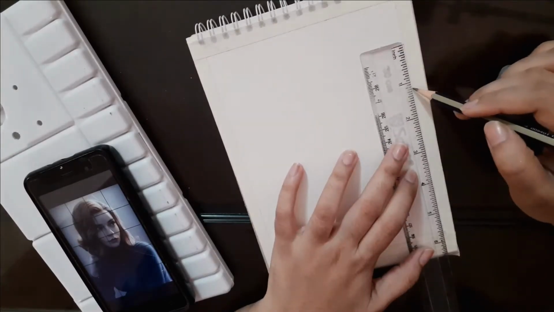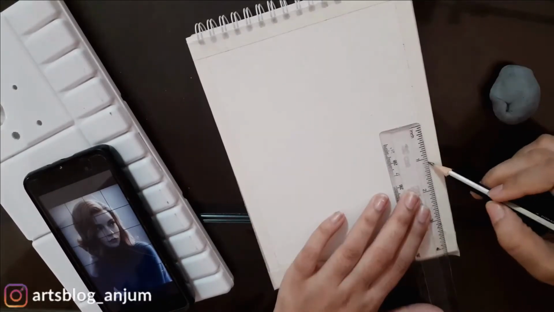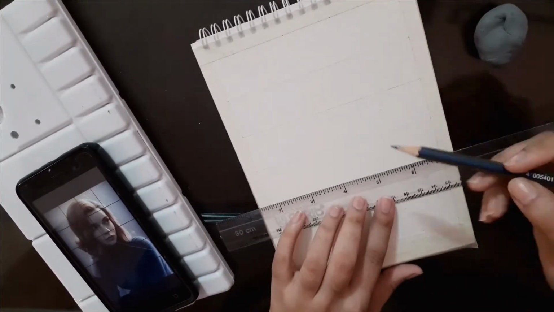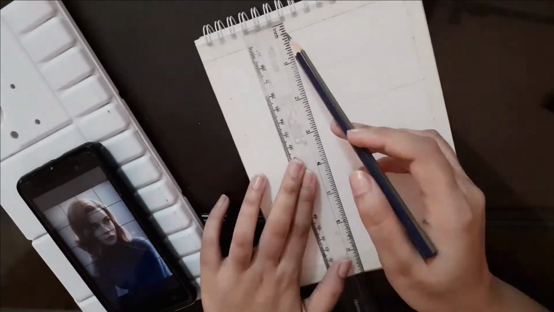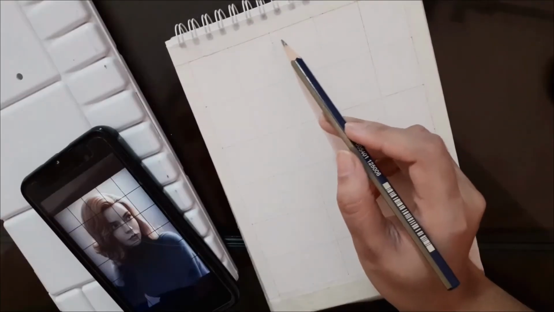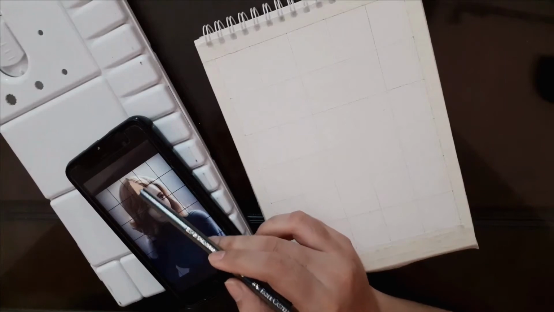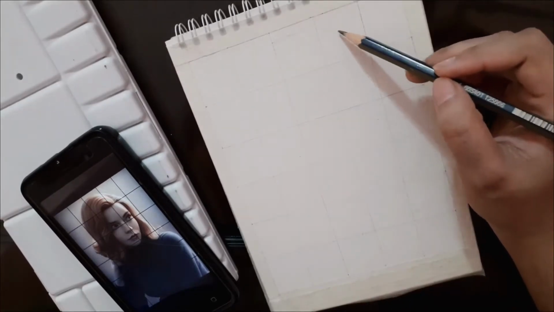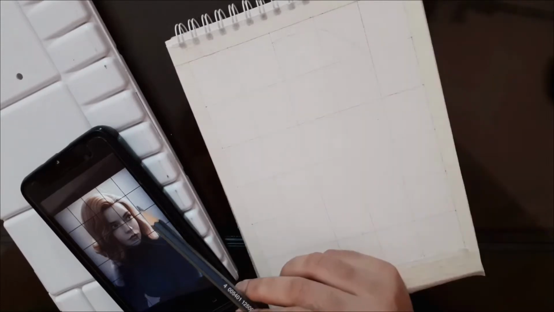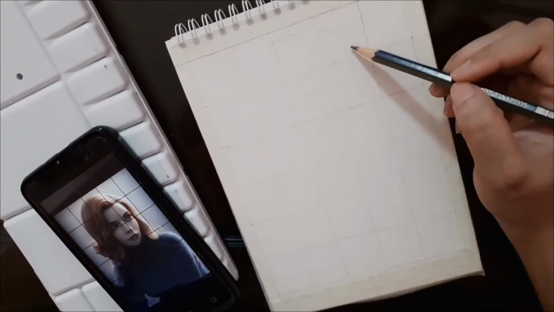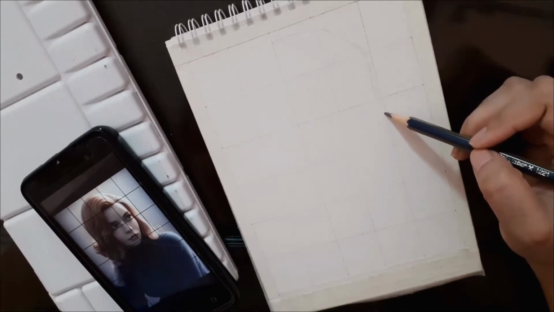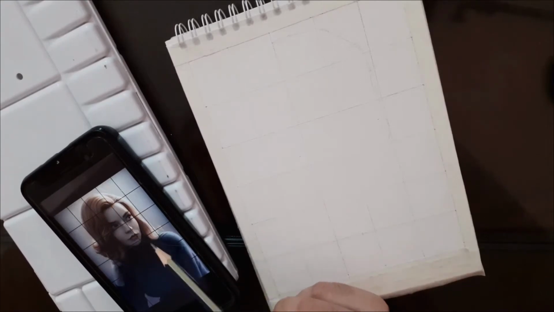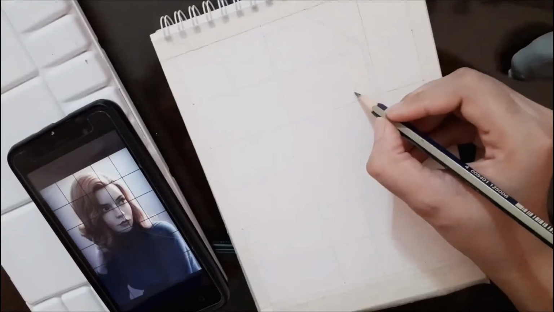the image. Here I'm using an A5 size page, and I'm going to make the boxes on the grid 5.2 by 5 inches so that it matches the grid I made on the reference picture. First, I'm starting with the top, and just see the gap here. So the top of the head should be here, and I'm lightly sketching the outline, and the hair doesn't cross this section, so I'm sketching the right side of the hair just close to the line here, and this section of hair ends in the box 4, which is just here.